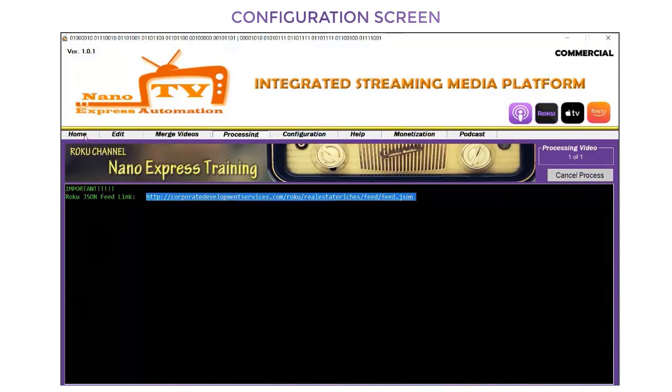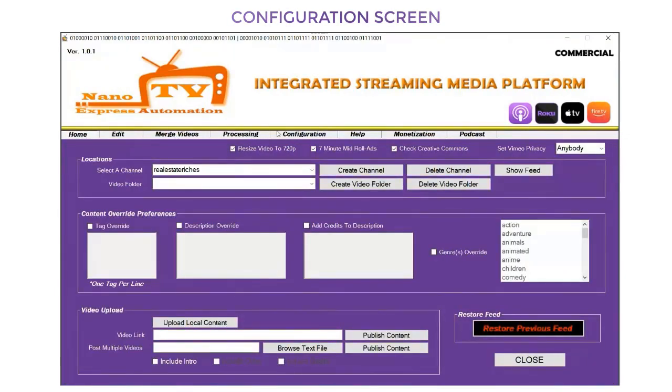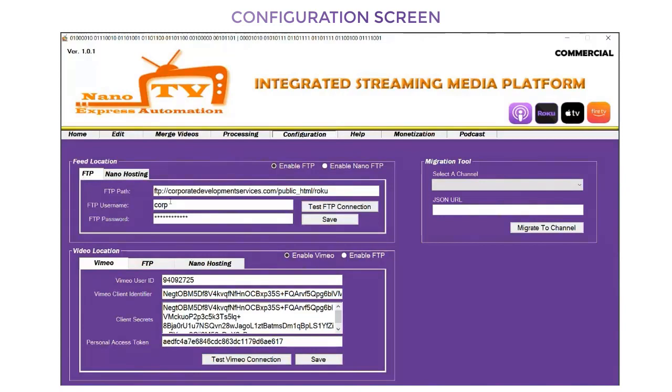It doesn't matter who the other hosting company is. All you would do is, under configuration, configure the different FTP user and password. It doesn't matter if you're moving from GoDaddy to TV Boss, or from GoDaddy to Nano hosting. It doesn't matter where it is. But once you set up the other configuration and enable it,